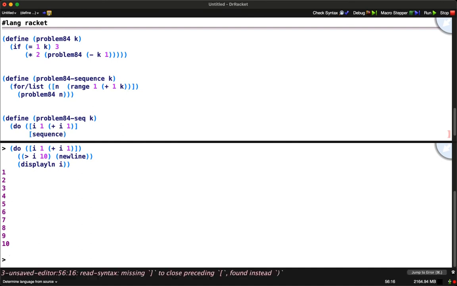So sequence, and how do we change sequence? Cons sequence,